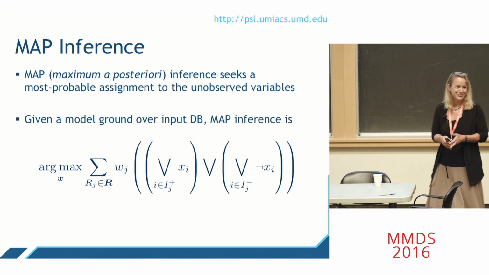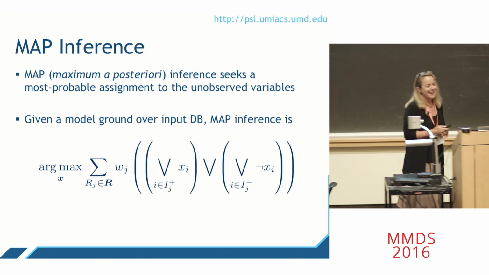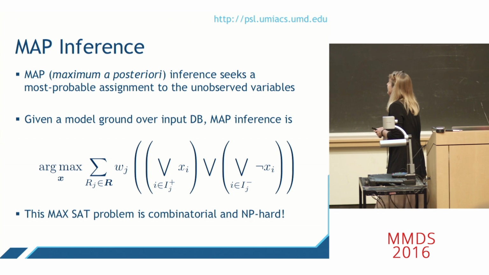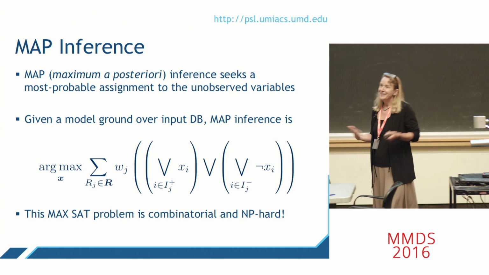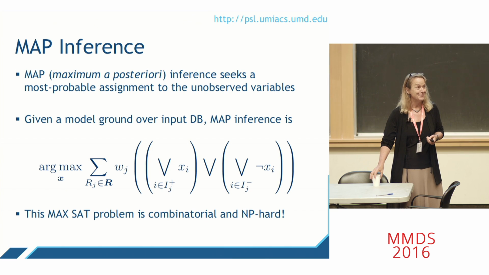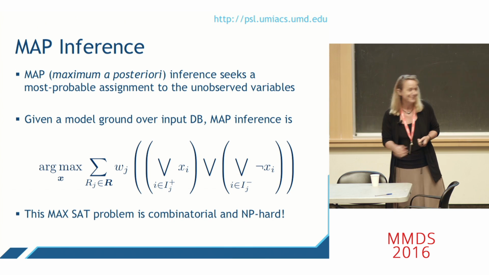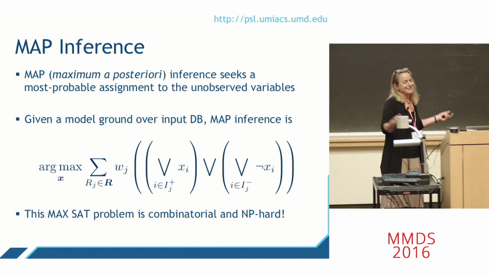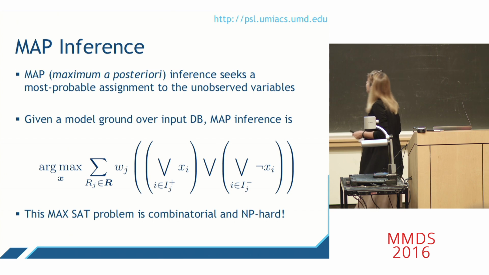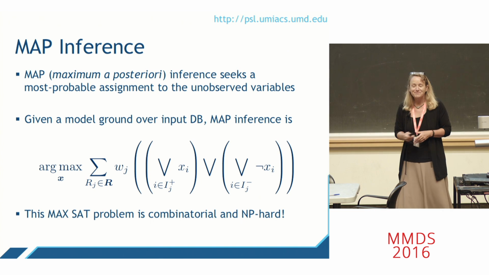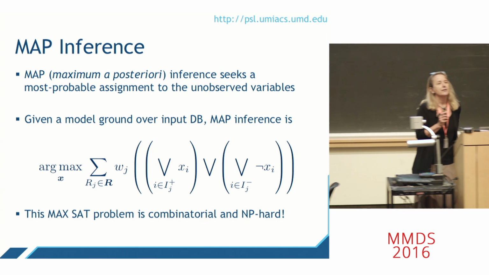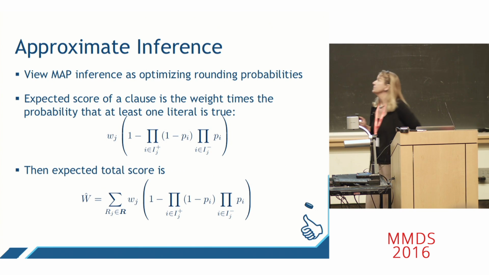Cool. And so does this look familiar to anybody? All my CS people should be saying, I know this problem. This is MaxSat. MaxSat is a well-known combinatorial problem, and it's really hard to solve. And so I've just done all this hand waving to give you an NP-hard problem to solve for the system. So that's no good.